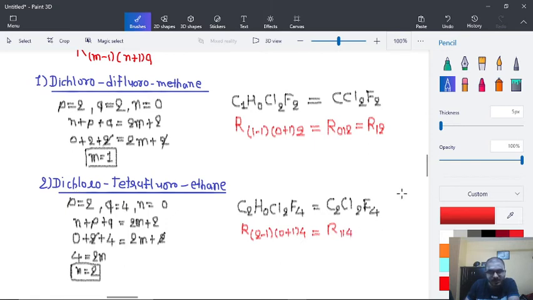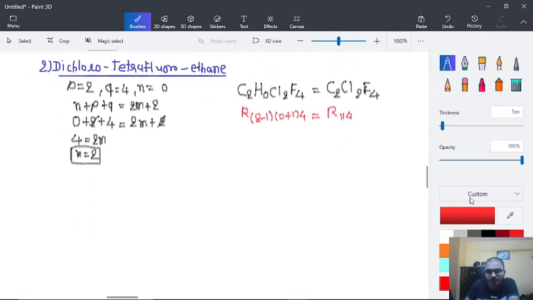So that is the designation for dichlorotetrafluoroethane. Now our third and last example of today, that is third example,